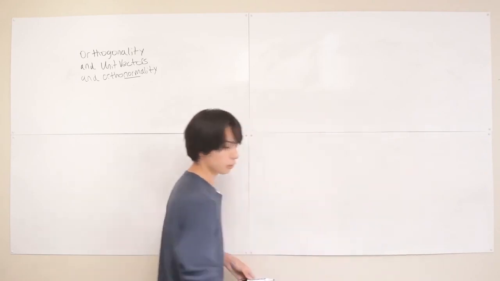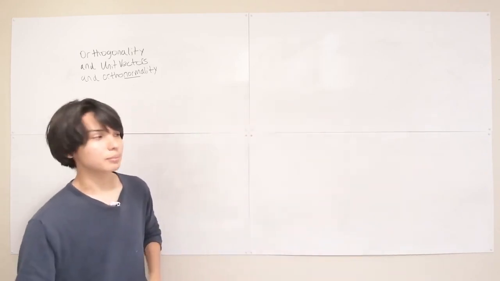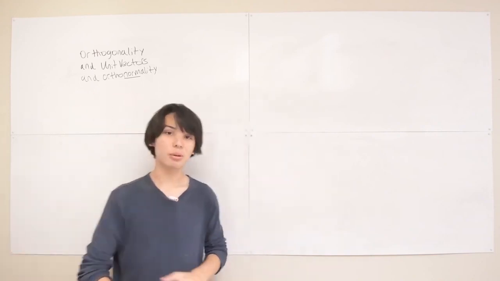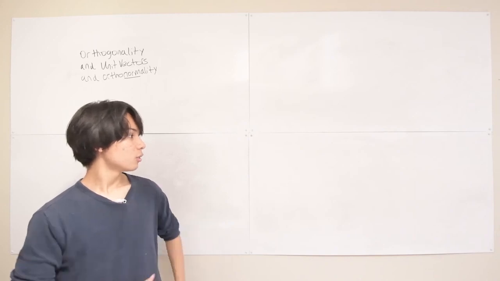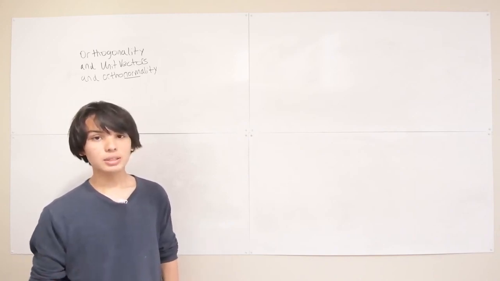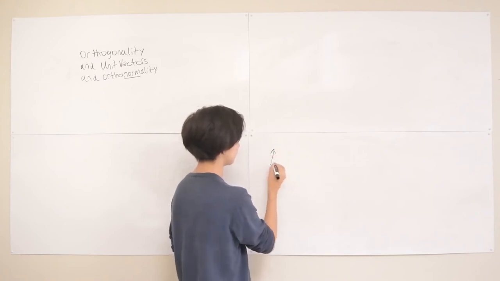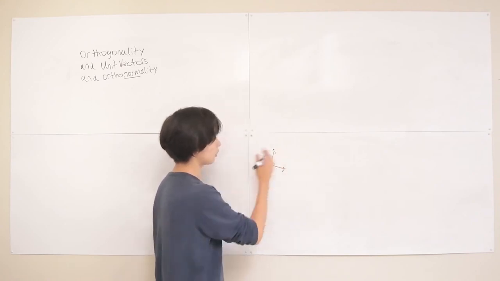Okay, so now let's talk about orthogonality. This might seem a little random compared to unit vectors, but it'll come together when we talk about orthonormality. Let's talk about orthogonality first. Essentially, orthogonality is just a funny way to say perpendicular. If you have two vectors like this with a right angle between them, you'd often call these perpendicular,